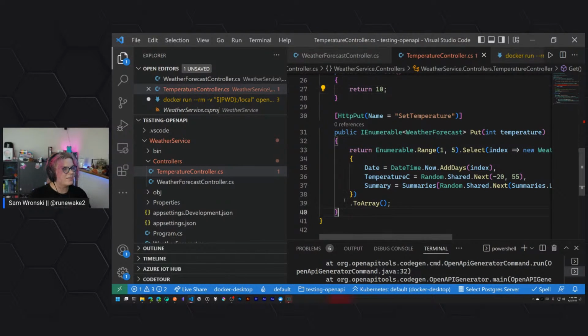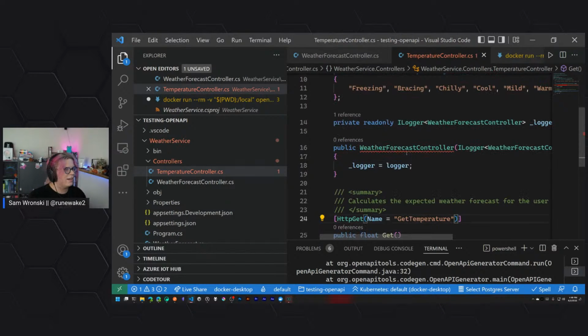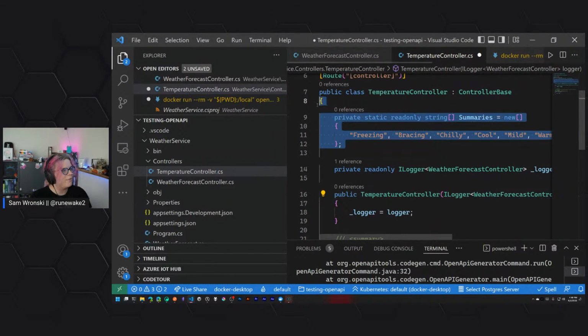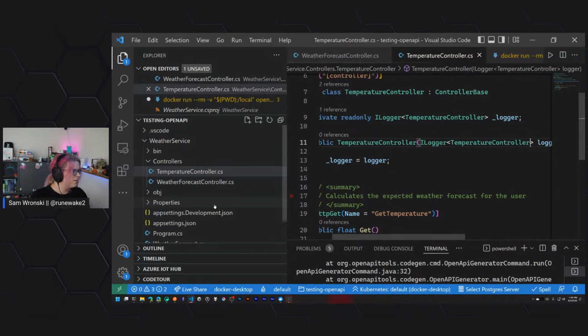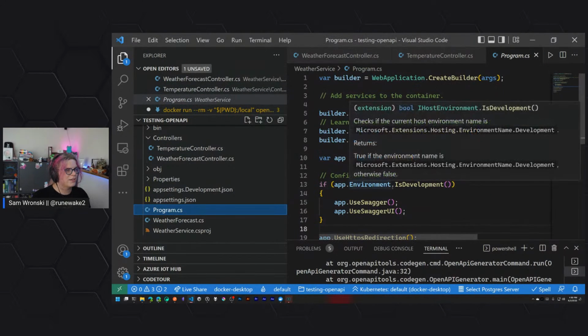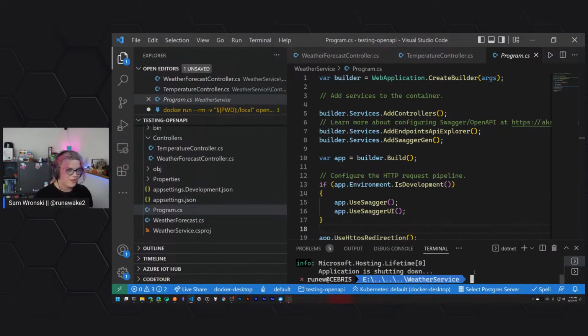And then this, let's just get rid of our put request for now, because that's not really why we're doing this. And then we'll just say this is get temperature. There we go. And that's not the right name, so let's help this out. And we can keep the logger injection, I think. Let's swap that out. And I think everything else should be good. So let's go and run this now. And now we should hopefully, if I've done this right,